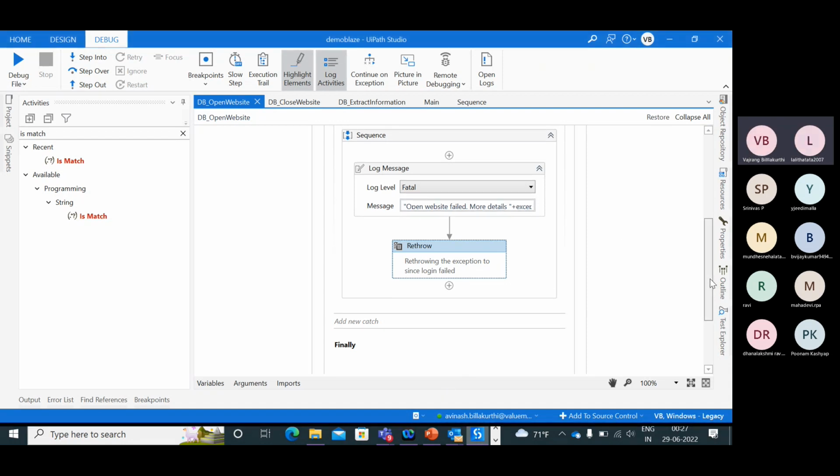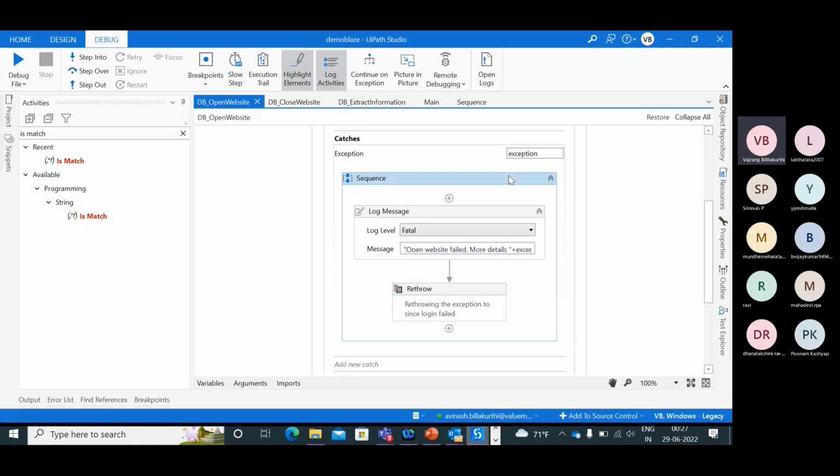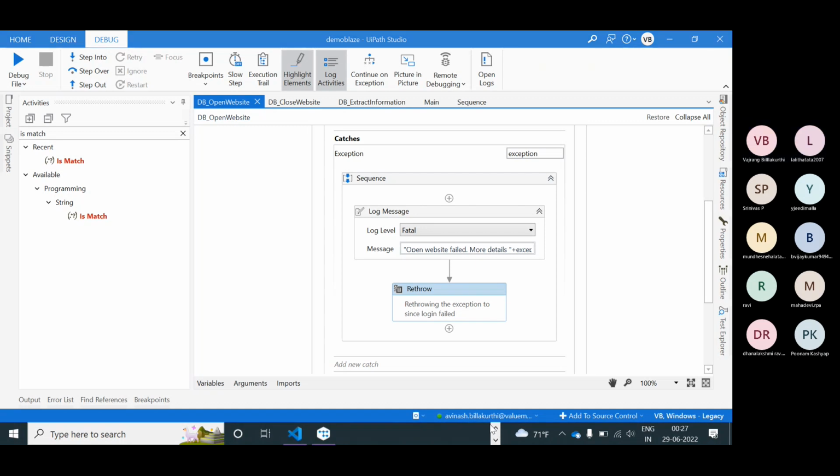If you have a catch block, you are saying that okay, I know the exception, I am catching the error, so you can continue. But here I know that I cannot do anything after this catch block, so I'm rethrowing it. I cannot do it, so just go ahead and throw an exception again.